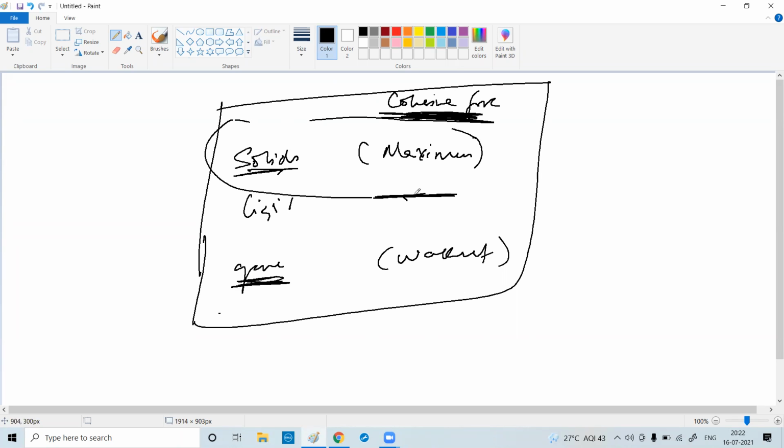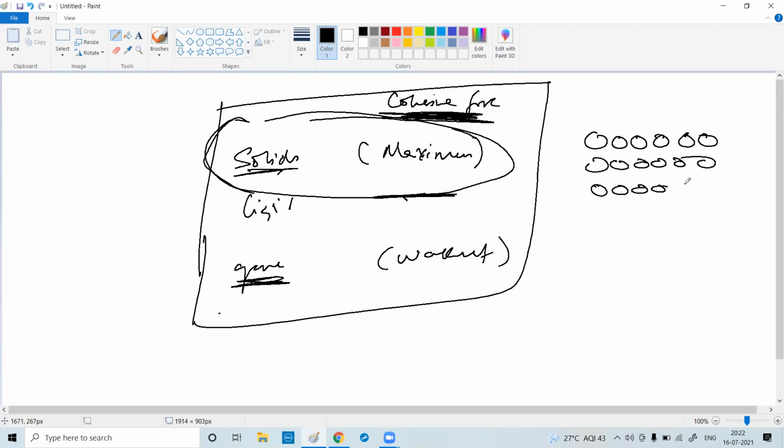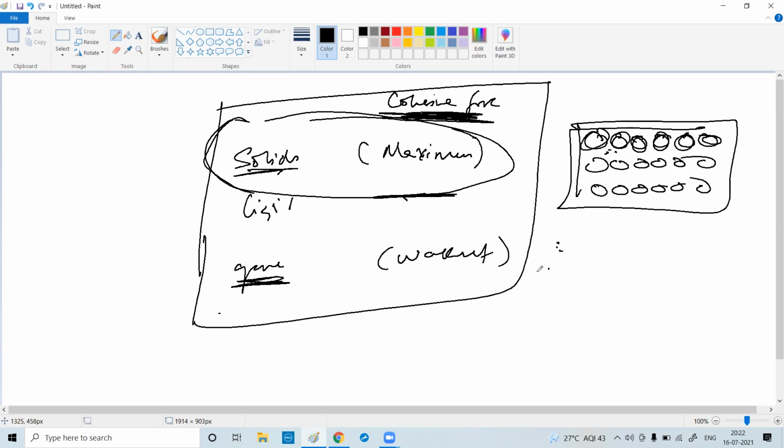Because they are strongest in solids, they are rigid. They have a definite shape. You cannot break a solid so easily. But liquids can be easily broken, or gases can be easily broken. This intermolecular force in solids is called cohesive force. Why? Because you have molecules of the same type. Is it clear? Yes, sir. But you will say, sir, what about alloy? If it is an alloy, then it is not cohesive force only. You have adhesive and cohesive both. Why?